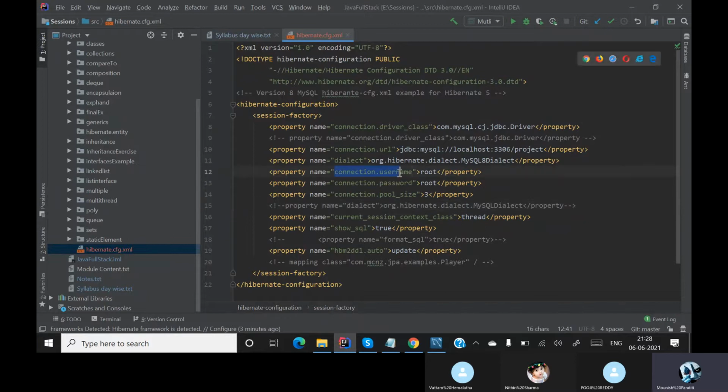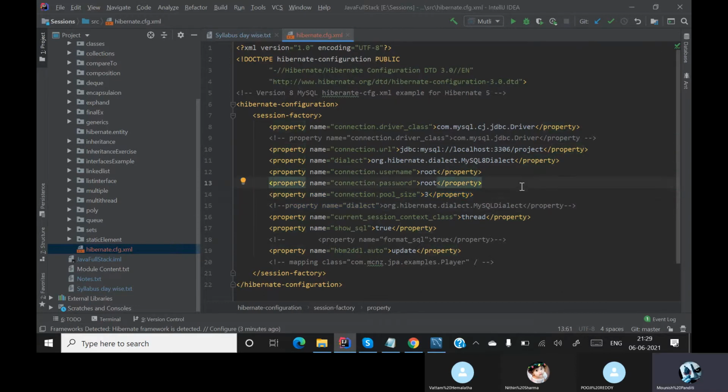So you already know connection.username and connection.password. Connection.pool_size is basically not even required, so nothing to worry about. It is there as a default. Connection.pool_size is 3, so I'm just keeping it as 3. The number of connections it keeps is called the pool size.